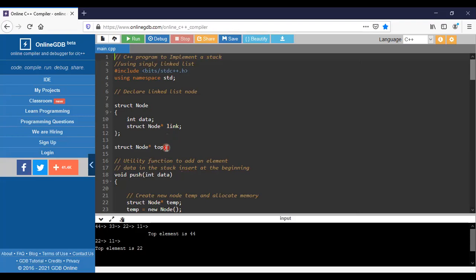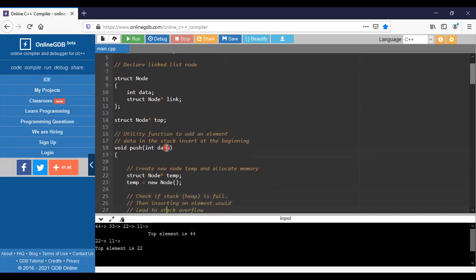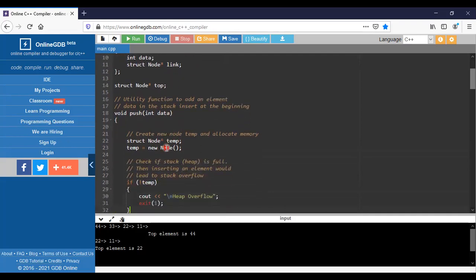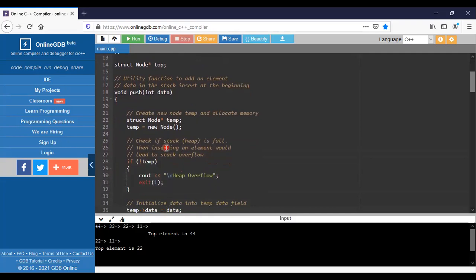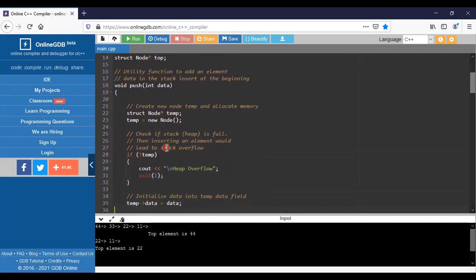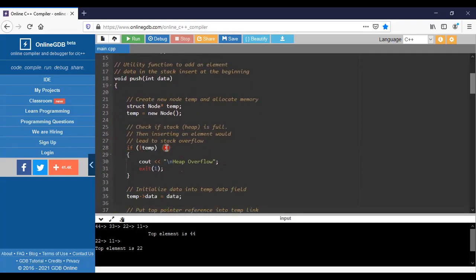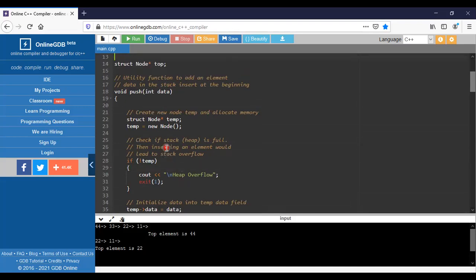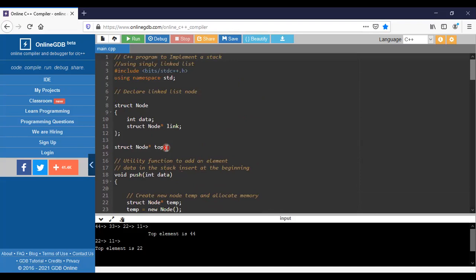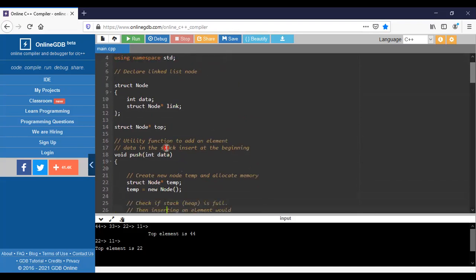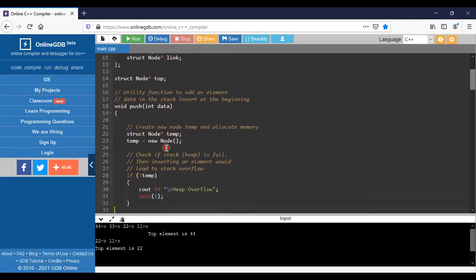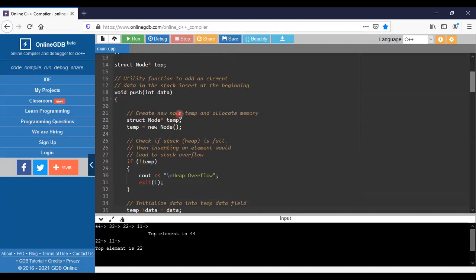We need to push the data, that is, insert the data. To insert the data, we need to create a node, and then specify whether it has an overflow or not. Here, if you see, we didn't mention any size. So first we need to create a node.